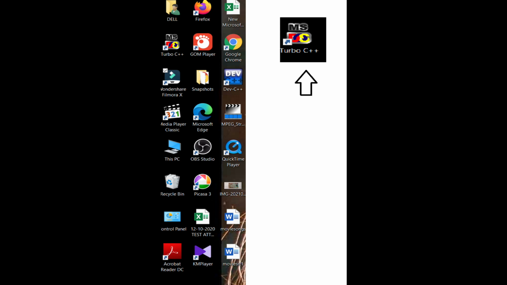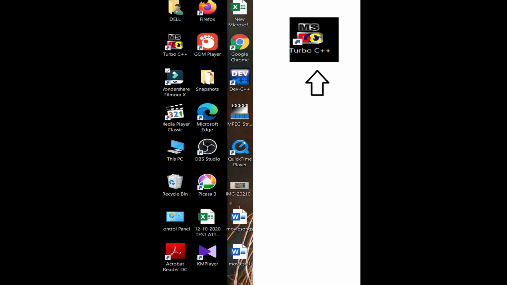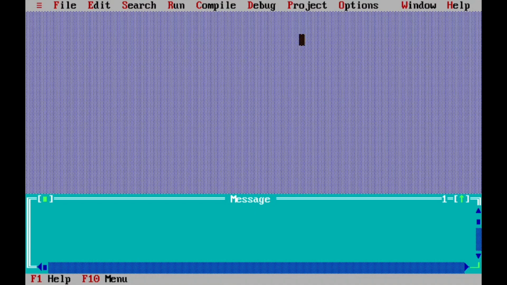MS-DOS Turbo C++. After installation, open this by double clicking. See here, this is the software. It is an editor, an IDE. IDE means Integrated Development Environment. Turbo C++ IDE. What is the full form of IDE?